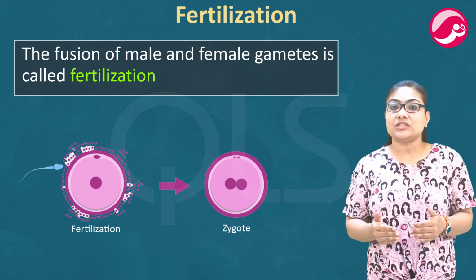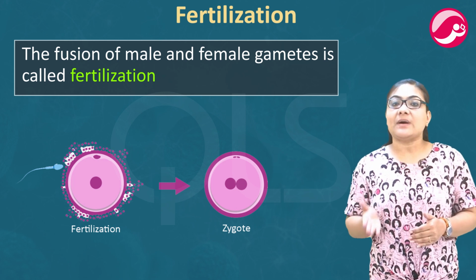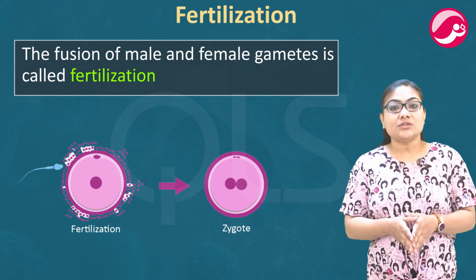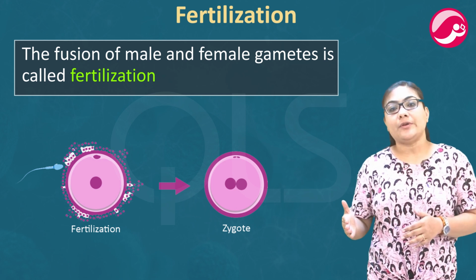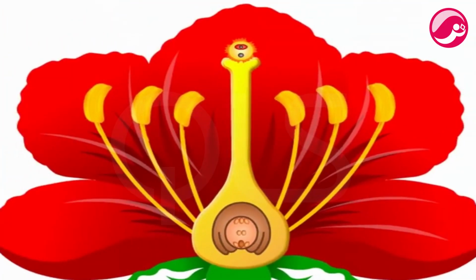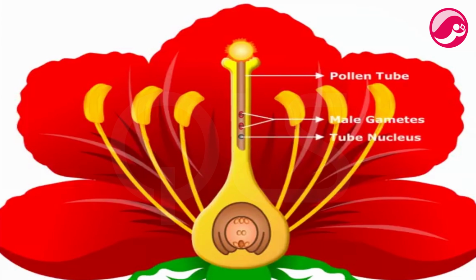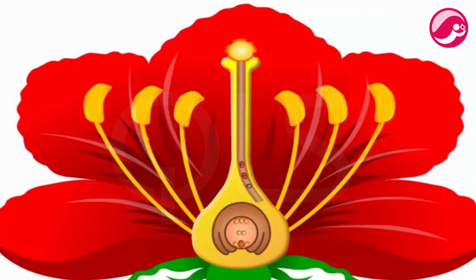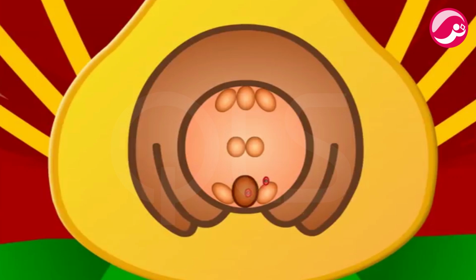हमेशा जो fertilization होगा वो female reproductive part के अंदर होगा. Zygote is formed which later grows into embryo. Fertilization in flowering plants. After landing at stigma, pollen grain absorb moisture and then germinate. A pollen grain develops a pollen tube which penetrates through the tissue of the style and reaches the ovule. Pollen nuclei are transferred through the pollen tube. After fertilization, zygote is formed which finally develops into the embryo.